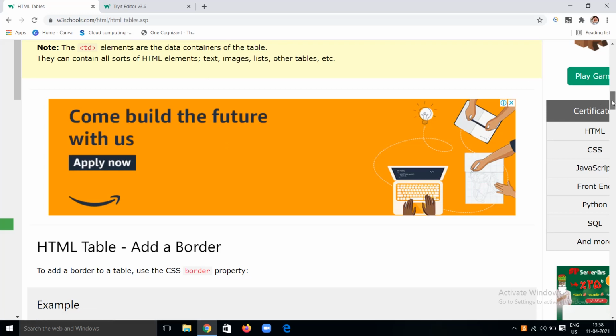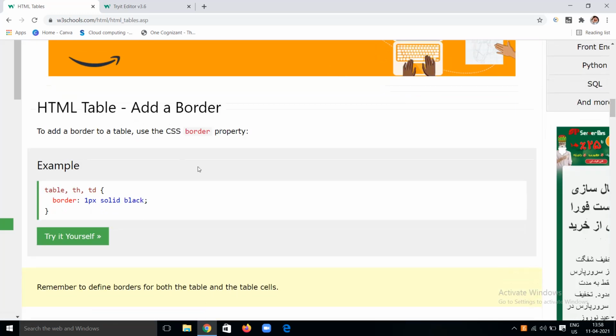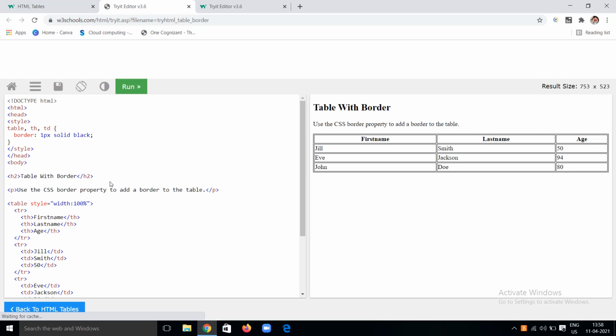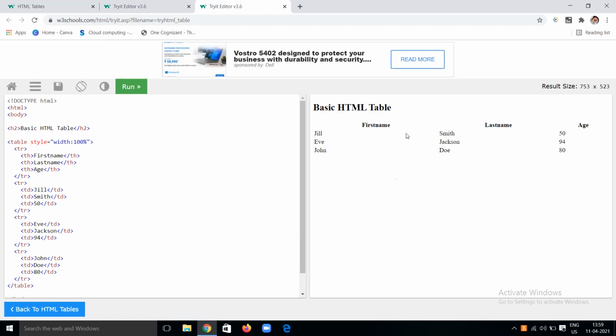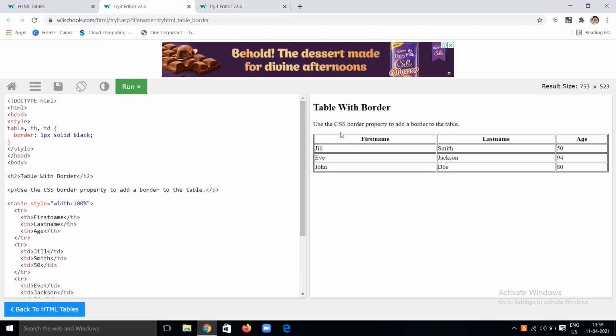table data. So let's see, we can also give borders to the tables by applying styles in CSS, by using this border property. In this border, what I am giving is a 1 pixel border, and that will be a solid black. So let's see how now it will resemble a table. In the previous example we can observe that it does not look like a table. You can see here that by applying a border to the table, it will resemble a table.